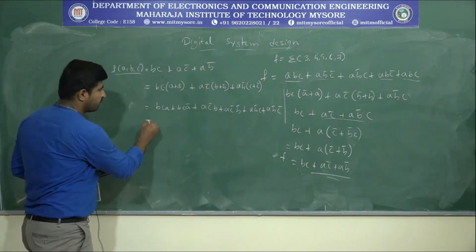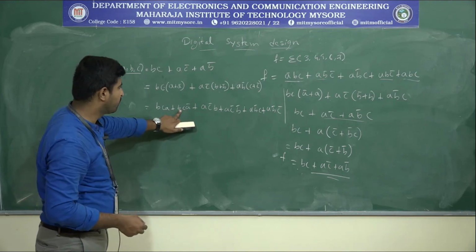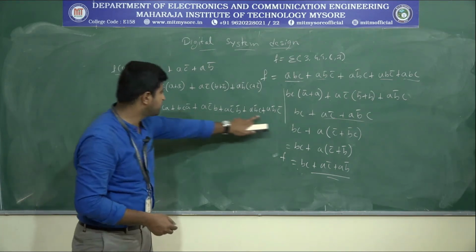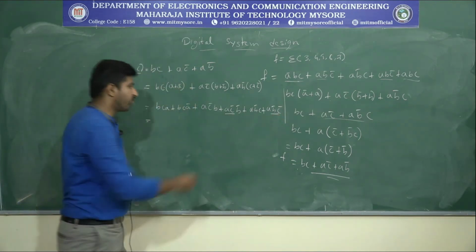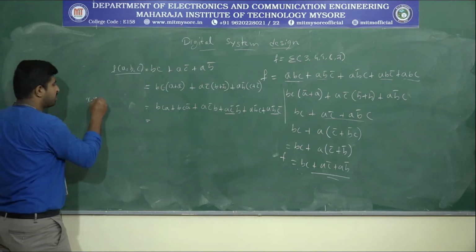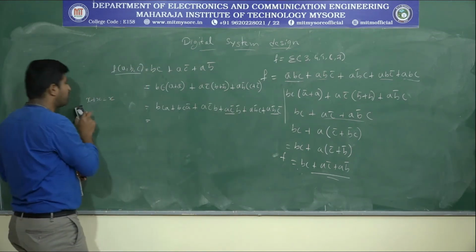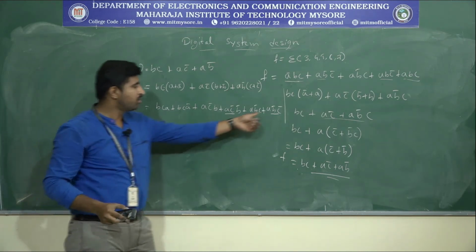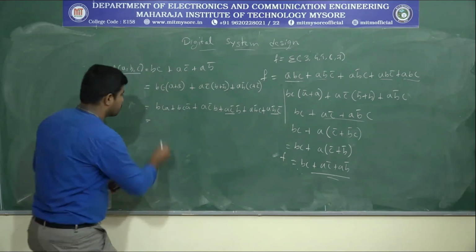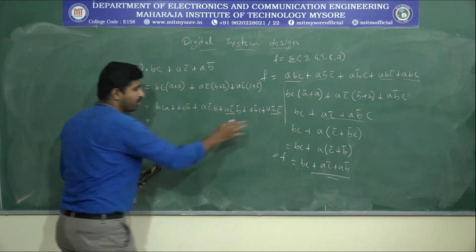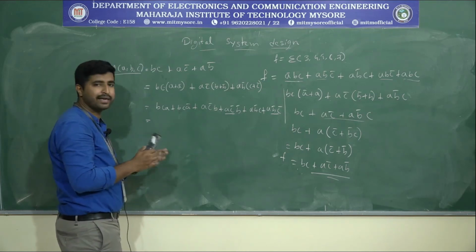Okay. So if you see this A bar BC, you can see that this term and this term are repeated actually. So again we know that x plus x will always equal x, according to the Boolean theorem. So instead of writing the two same terms, we can replace them with a single one. So according to that, let's rearrange it. Let's form an ABC, so we can understand in a better way.